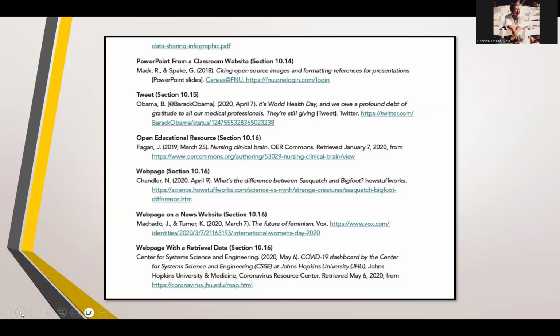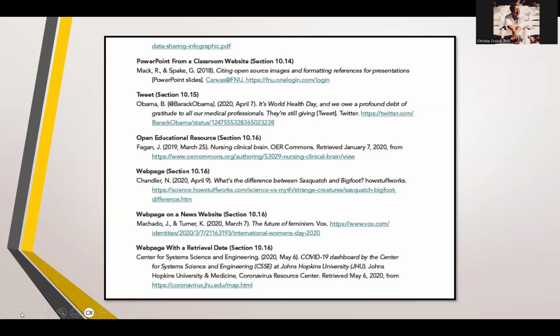With an open educational resource, that resource could change, or information in it could change. And so you're going to put retrieved and the date, so that if something is added later, you're responsible for what was on that page, the source that you used, on that date.